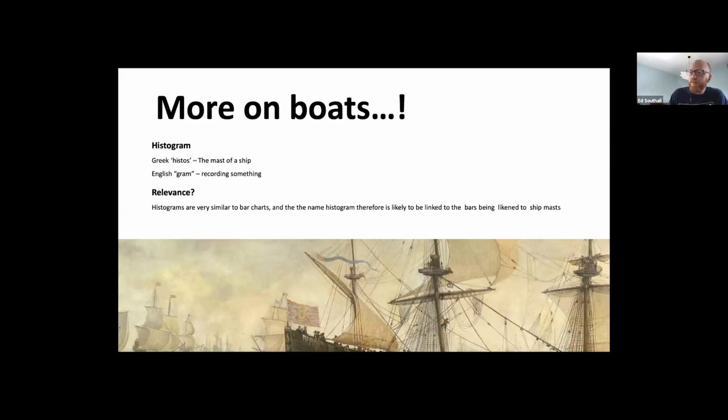Just going back briefly to the other types of average, we have median as well. Median just means middle or mediocre, and mean also just means middle. They don't particularly have exciting stories behind them compared to the more general average.